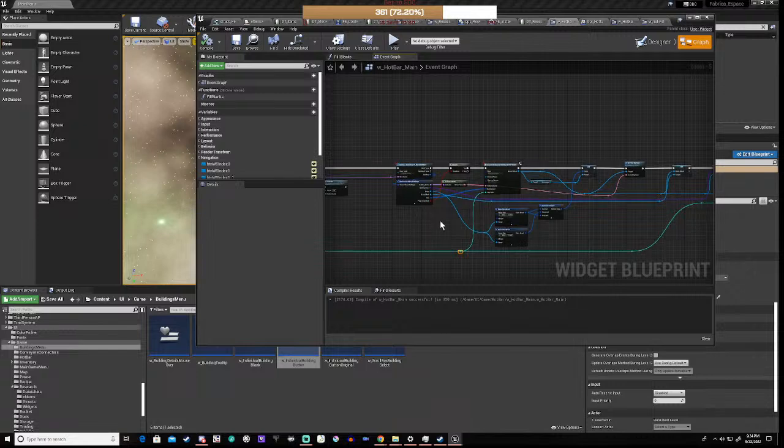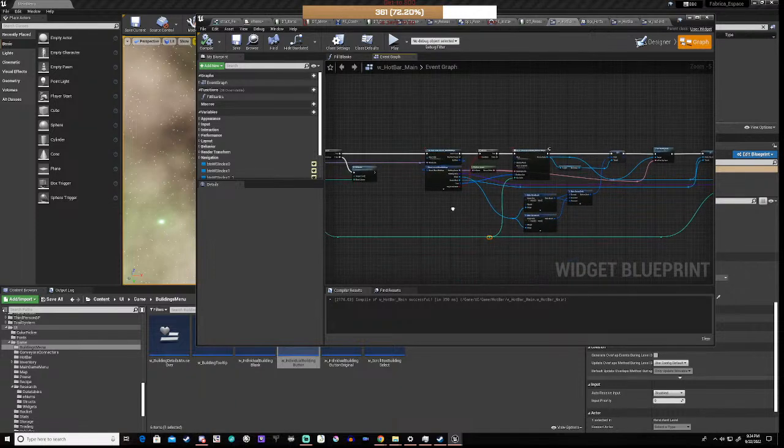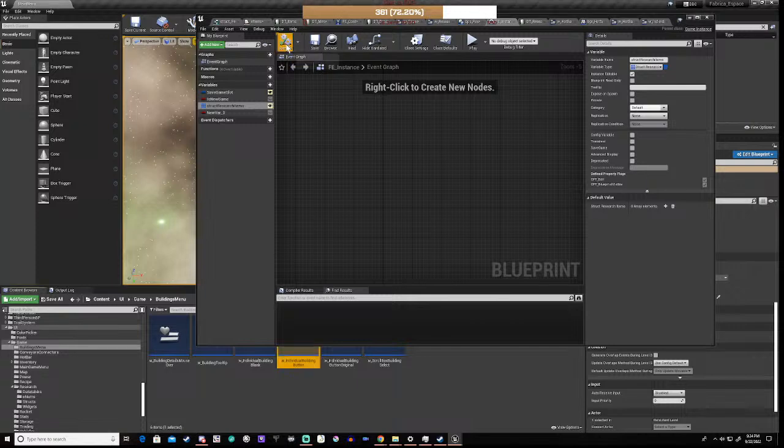This is going to be interesting, because we're going to have a problem here, okay? But I'm not worried about it yet. Right, now, if we go back to our FE instance and we save this, then what we're actually going to do is go into our project settings,